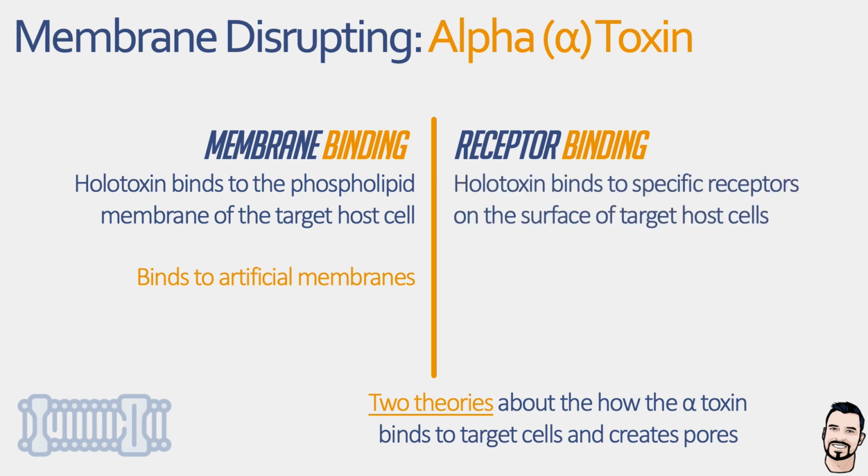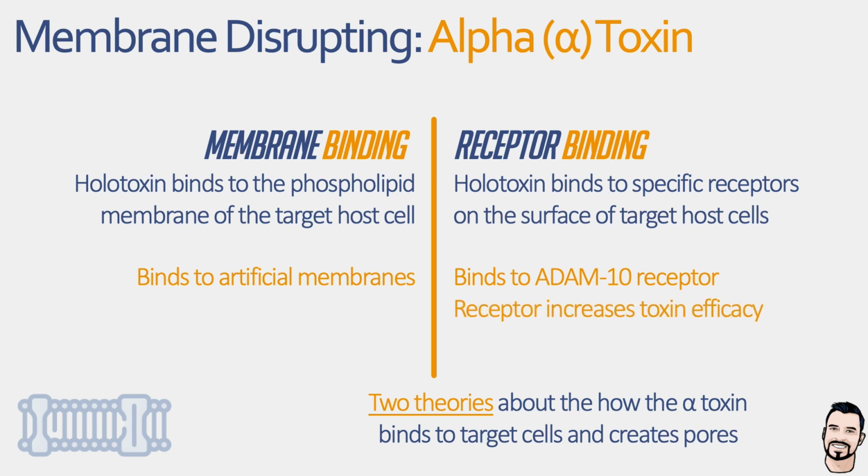The second theory involves receptor-mediated binding. This is where alpha toxins have been shown to bind to host surface proteins, namely ADAM10, which stands for A-disintegrin and metalloproteinase 10, and the presence of this receptor significantly enhances toxin activity, and it's thought that these receptors make oligomerization and the formation of the holotoxin that little bit easier, and so cells expressing high levels of ADAM10 are